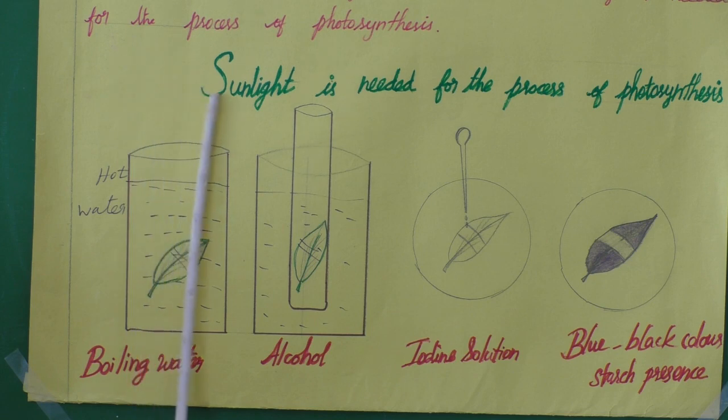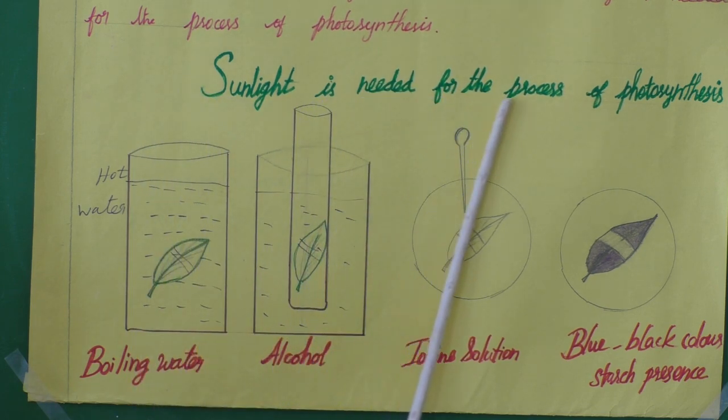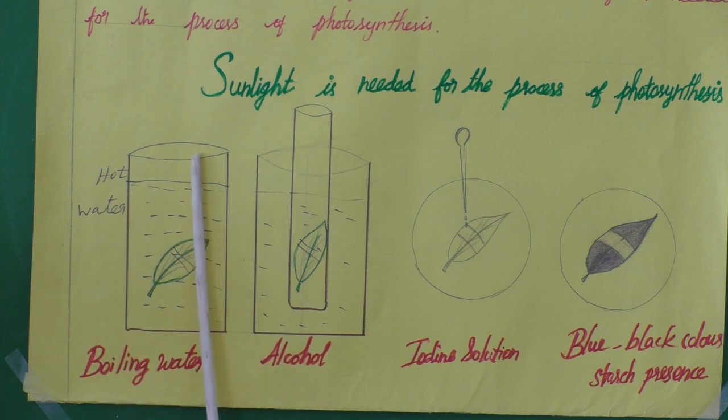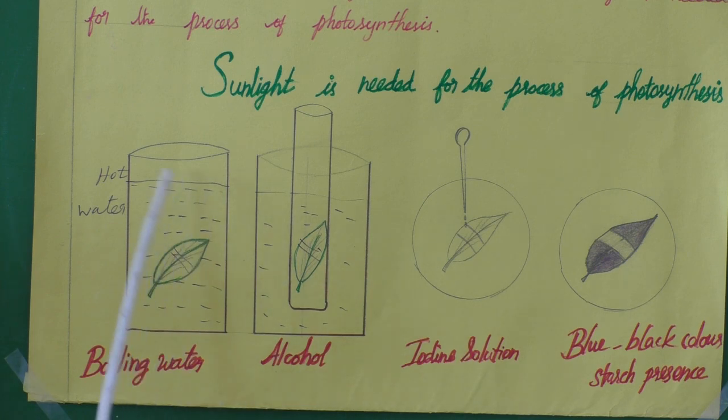So this diagram shows that sunlight is needed for the process of photosynthesis. First you have to use a scale to draw this. No need to color any of this. I gave color to identify it for your concept clarity. You simply draw with a normal dark pencil, give some shades if you want. But you should write all these labels that I have written on the diagram.